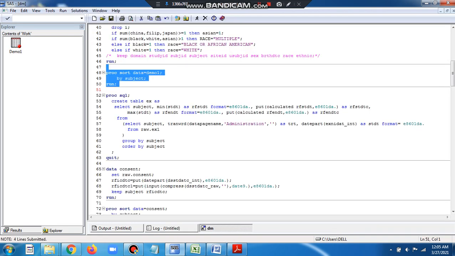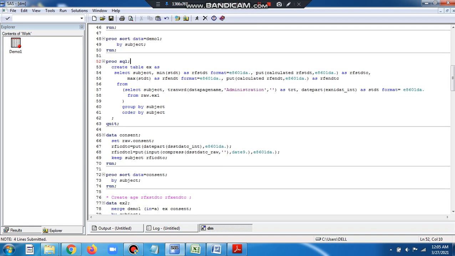The reason for sorting is that we can sort it by subject, and next we are going to take the first exposure date and the last exposure date to the study drug. So I'm using the SQL query here.